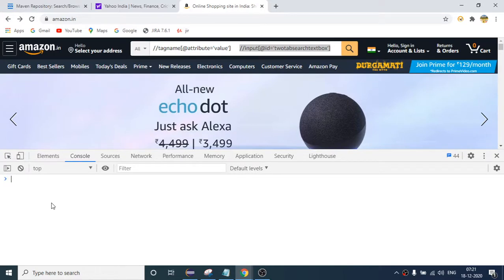As it is an XPath, I will use dollar. Dollar X is the syntax. Inside that, in double quotation, paste the XPath which we have formed.